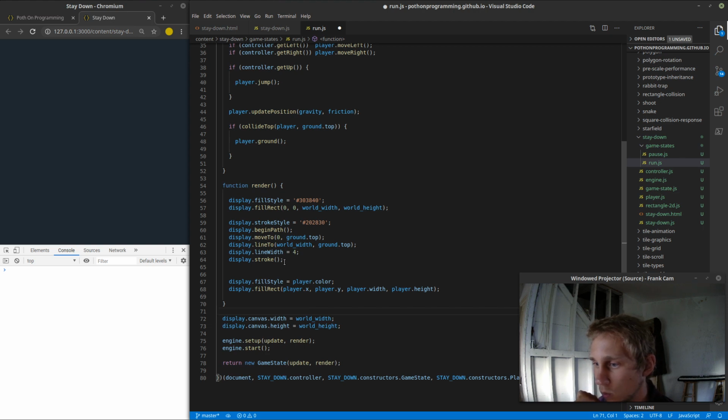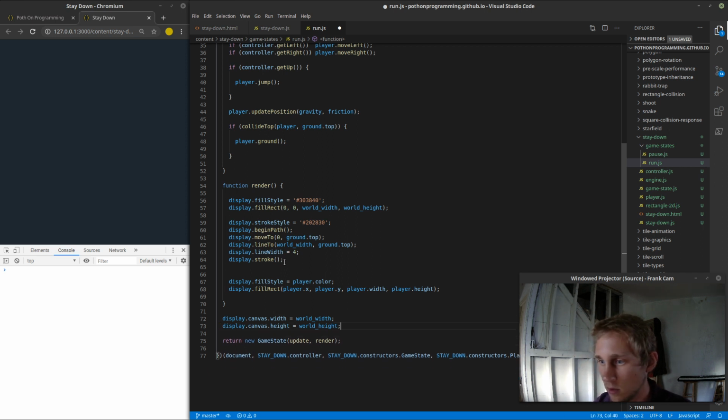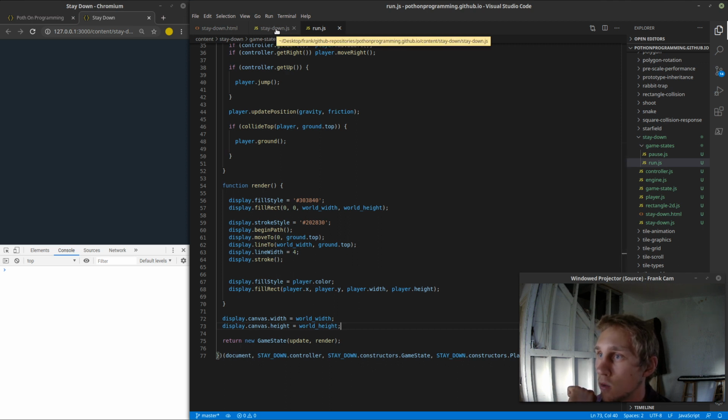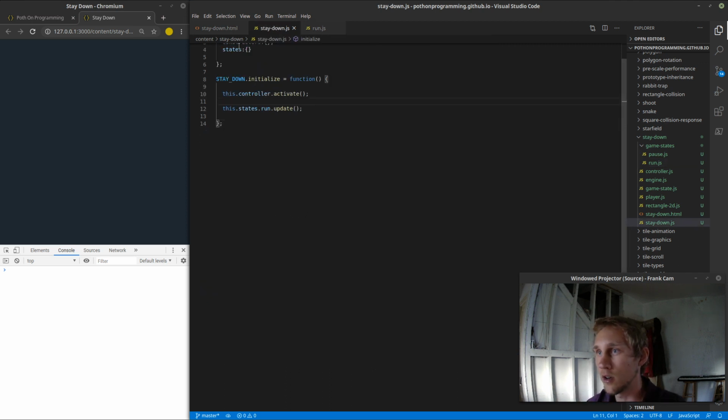Display.canvas.width equals world width, engine.setup, engine.start. This is no longer going to go in here. And display isn't going to stay inside of the run state. It's not a good way to do it, but for now we're going to do it that way, and I'll refactor that a little later on. Let's come back out here and do